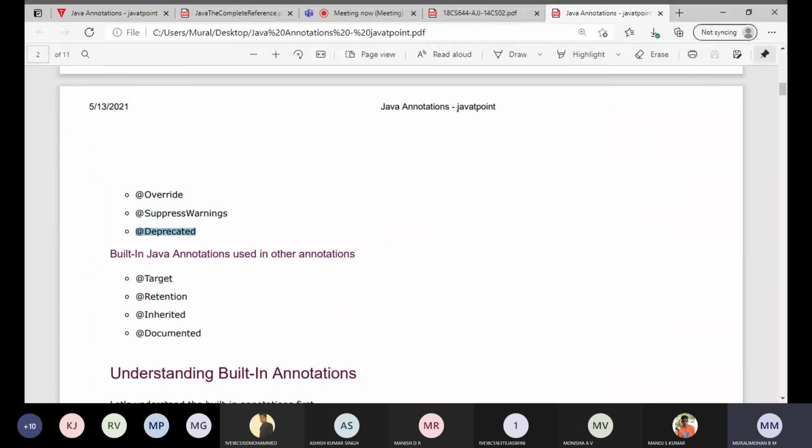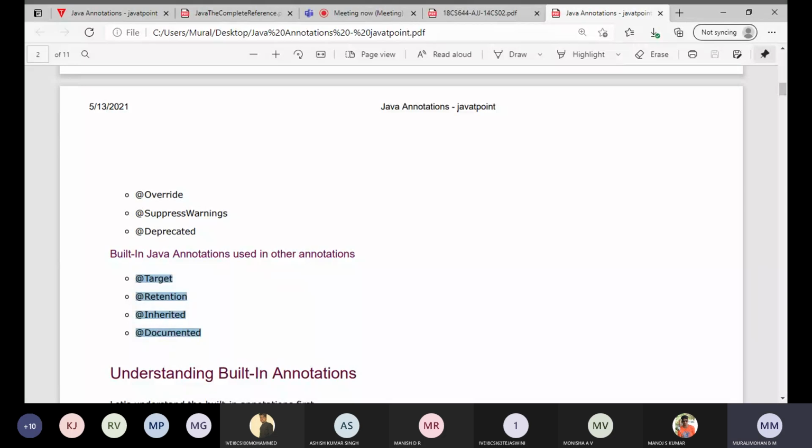And similarly we have Target, Retention, Inherited, and Documented. These are there inside java.lang. The annotations Target, Retention, Inherited, and Documented are created mainly to be used in other annotations.